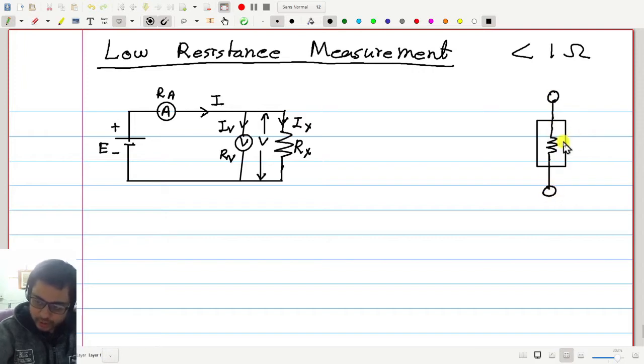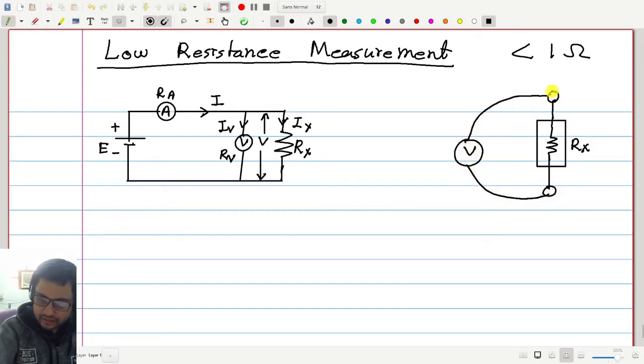So this is the actual resistance inside, Rx. These are the connecting leads or junctions, and here suppose I connect the voltmeter and then the ammeter,